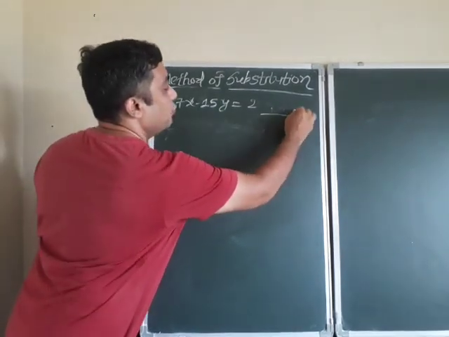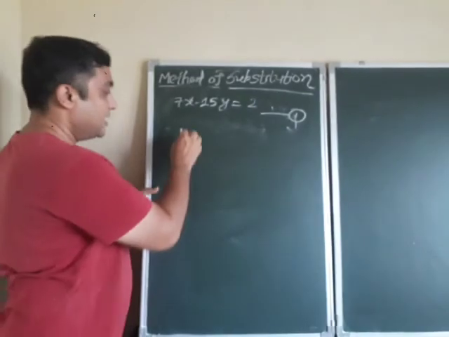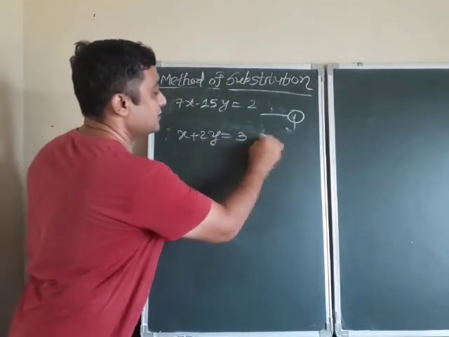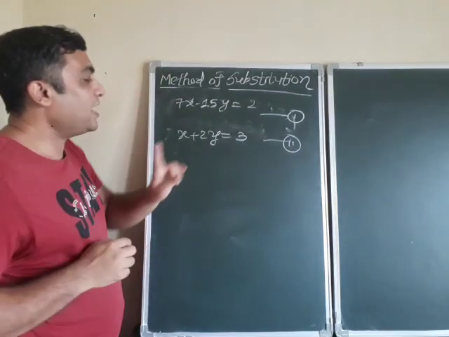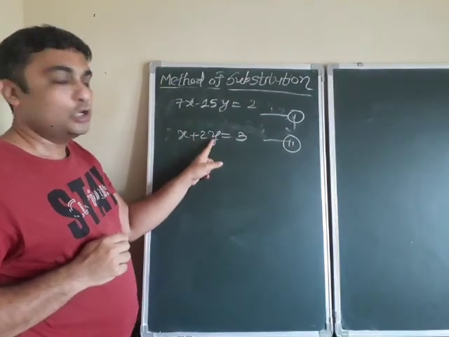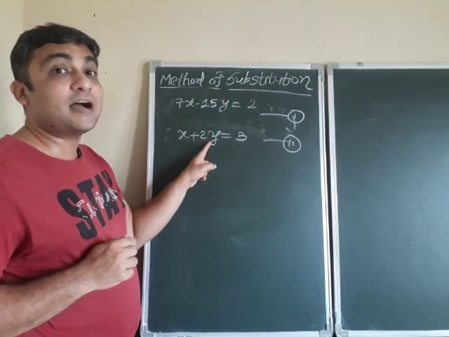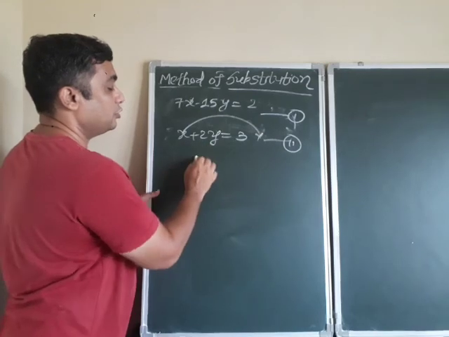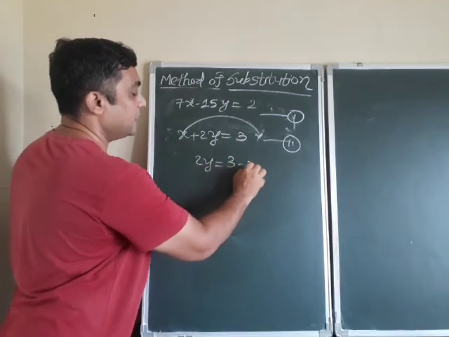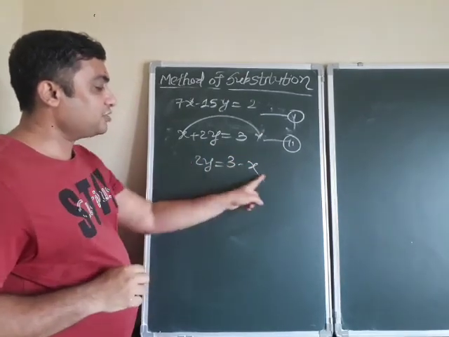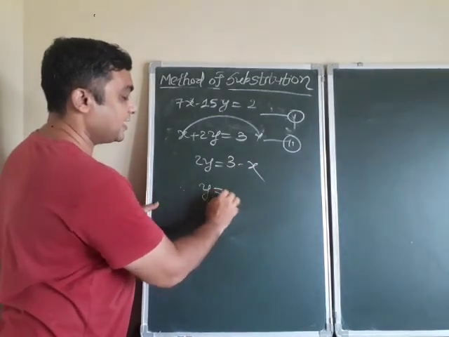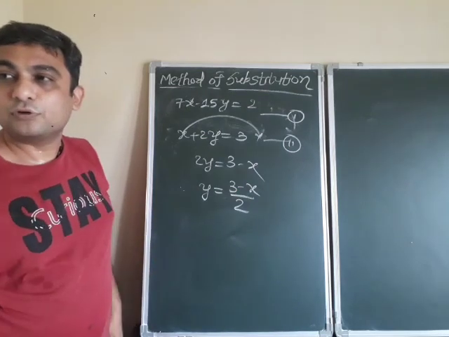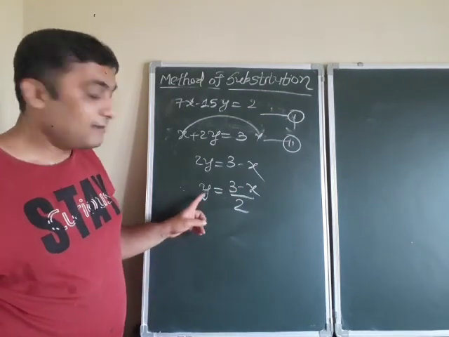First you give a name to both equations. Equation number 1, and the second equation is x plus 2y is equal to 3. This is the second equation. Fine. Now I have decided that I want to substitute y. So here in this equation, I try to make y the subject of the equation. So see, plus x on this side. So 2y is equal to 3 minus x. Now I divide these equations by 2. So therefore, I get the value for y. So y is equal to (3 minus x) by 2. Fine. So here I have the value for y.